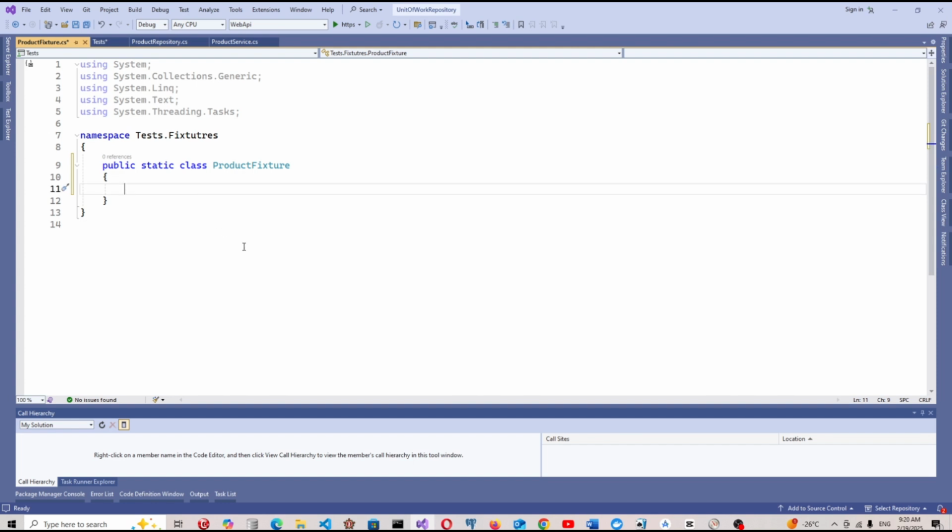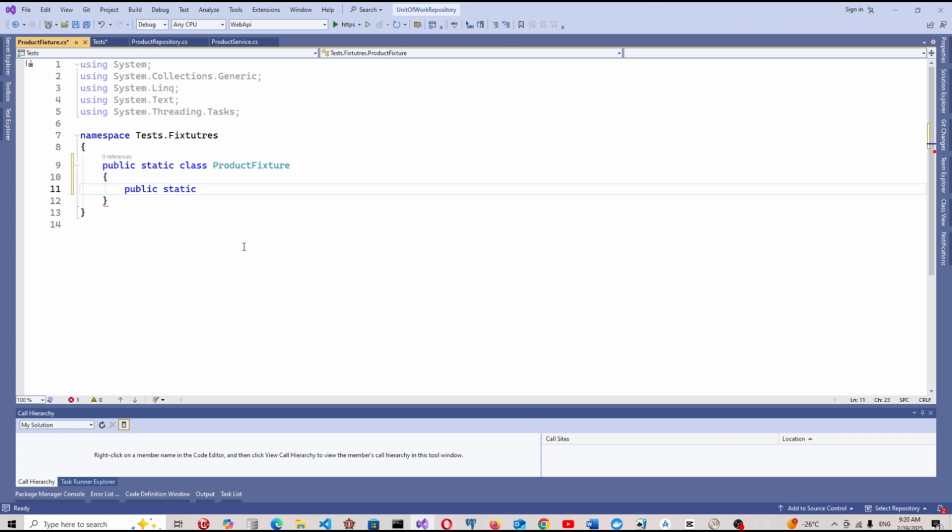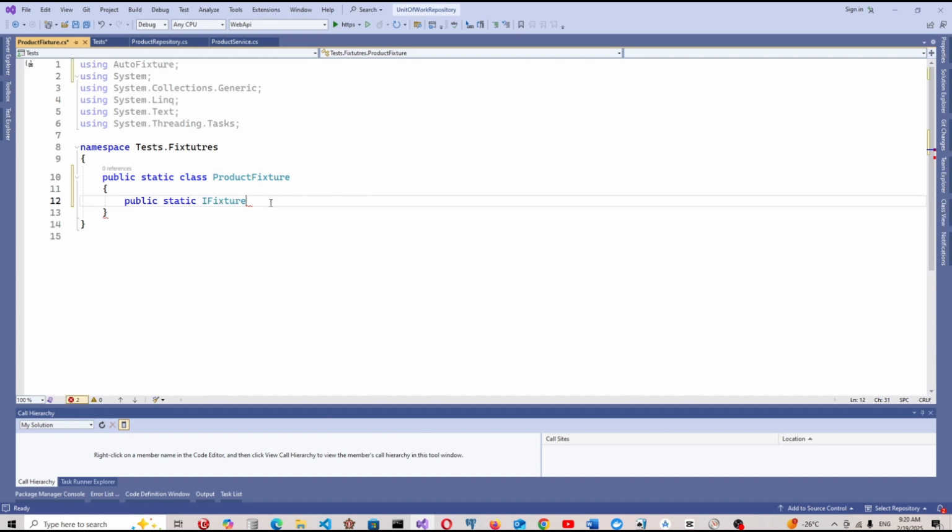Let's say we have a public static method, and this will be a Fixture from AutoFixture, type of Fixture, and this method